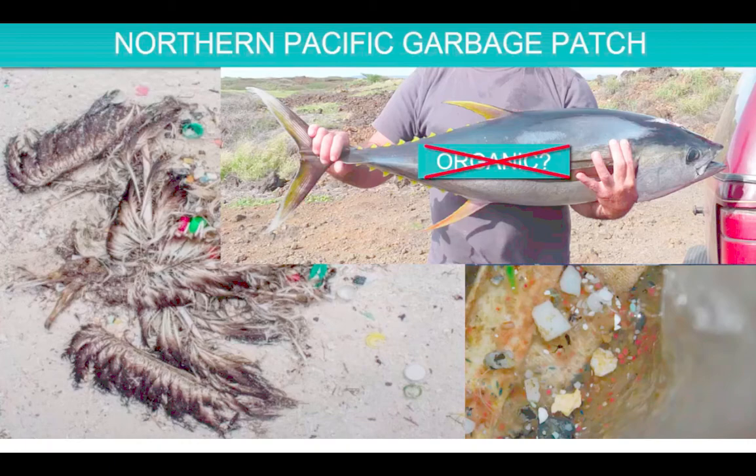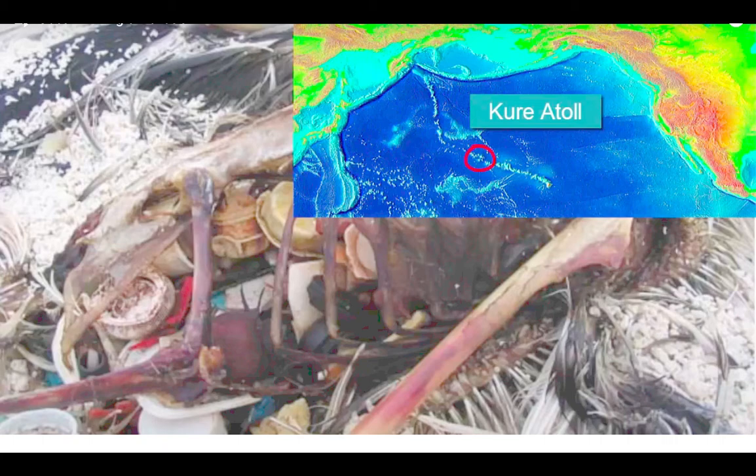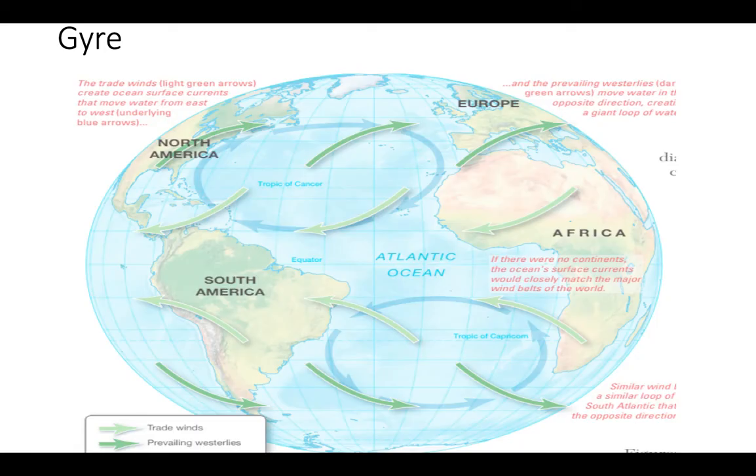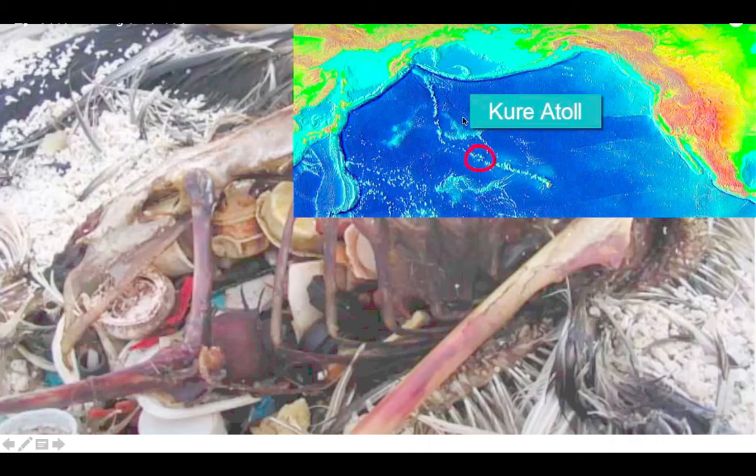Okay, so we are basically destroying the entire globe right now. Okay, so you can see there is a Cure atoll, and it is in again the Pacific Ocean. On an island of this atoll, in this bird's stomach you can see lots of plastic. Do you see? It did not die because of a lack of food, it died because it ate the wrong thing, plastic. Human imprints are everywhere, it doesn't matter how isolated the island is.